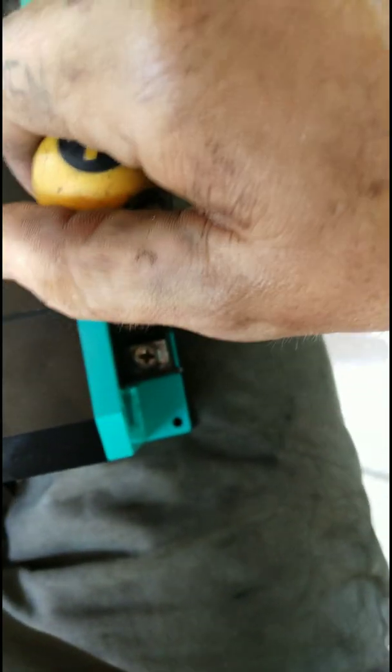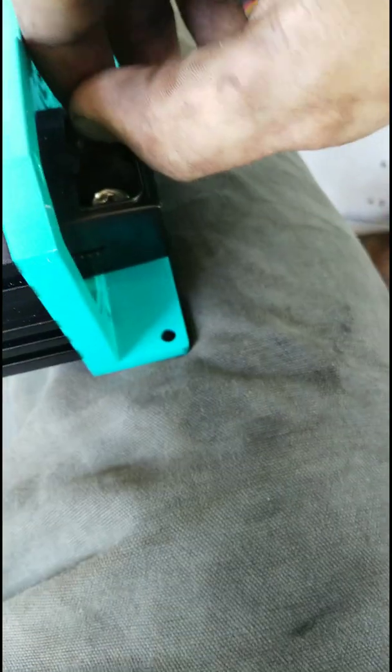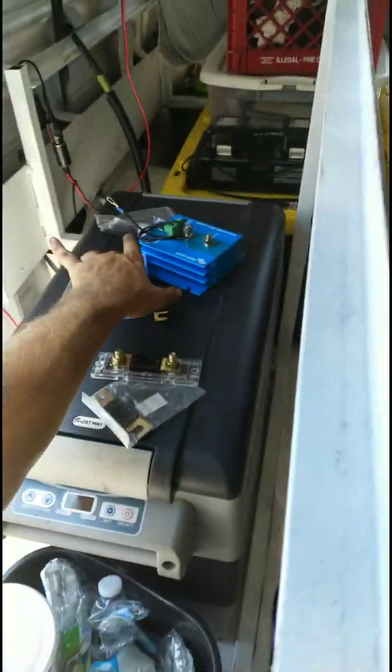All right, before we can know how big of a terminal to put on this, we're gonna go ahead and take these. I don't know if they want wire going straight to this or if they want an actual connector. So I'm gonna take it all the way off and see what it would look like with a connector. Let's turn it upside down. Okay, so it is just going to a hard block. So obviously a connector would be the best. But we take this off, and then we can grab this